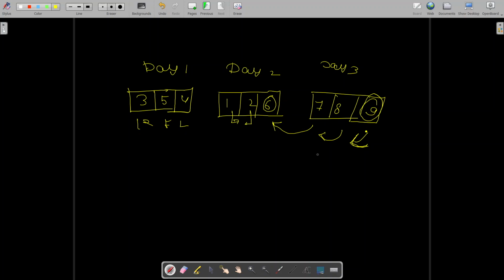I can ask. So let's see, this is dp of n minus 1, and this is dp of n minus 2. And this is the index: let's say 0 for running, 1 for fighting, and 2 for learning. So I am saying, if I am learning on the last day, then